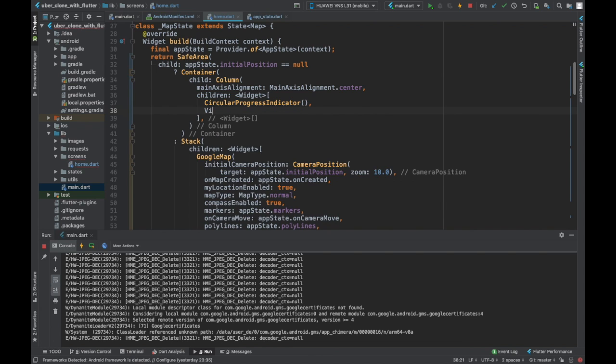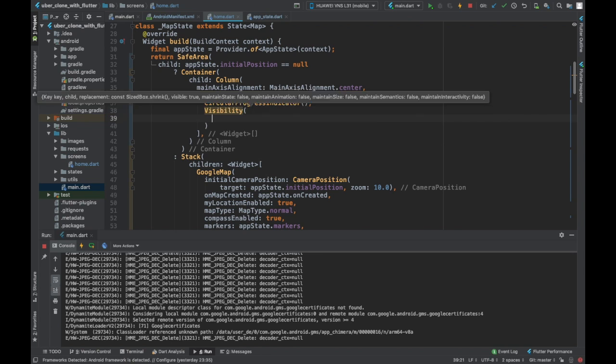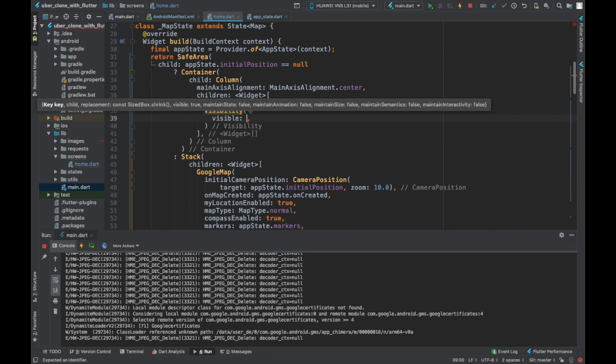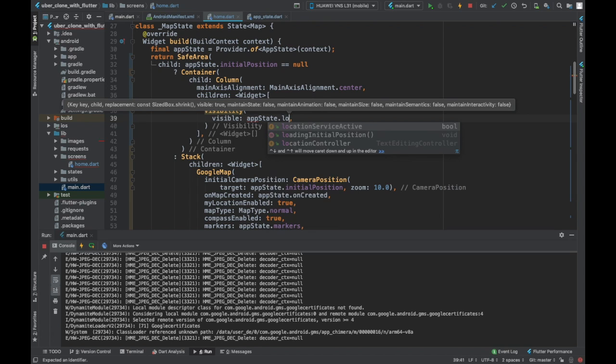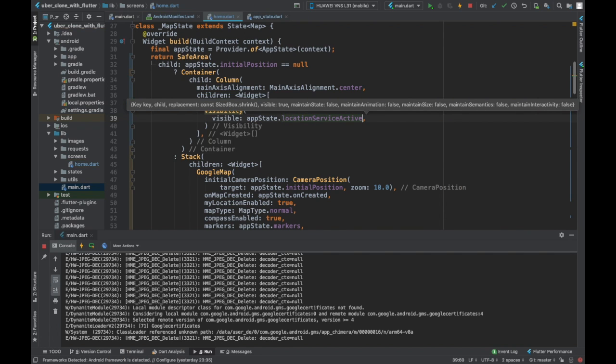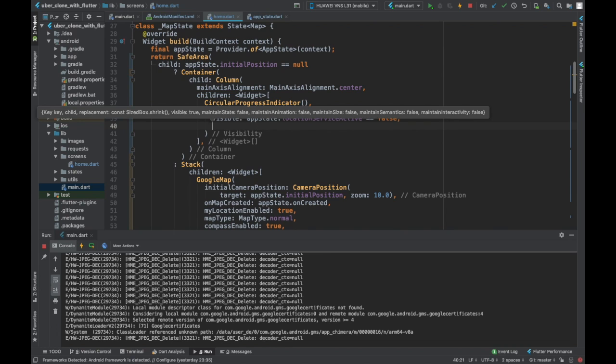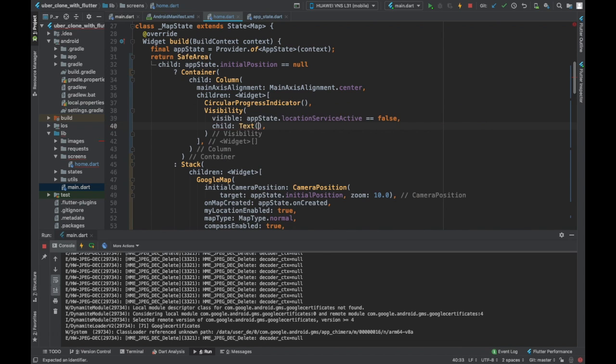We are going to use another widget called visibility widget, and this is visible if app state dot location service active is equal to false. And for the child it's going to be a text, and we are going to say